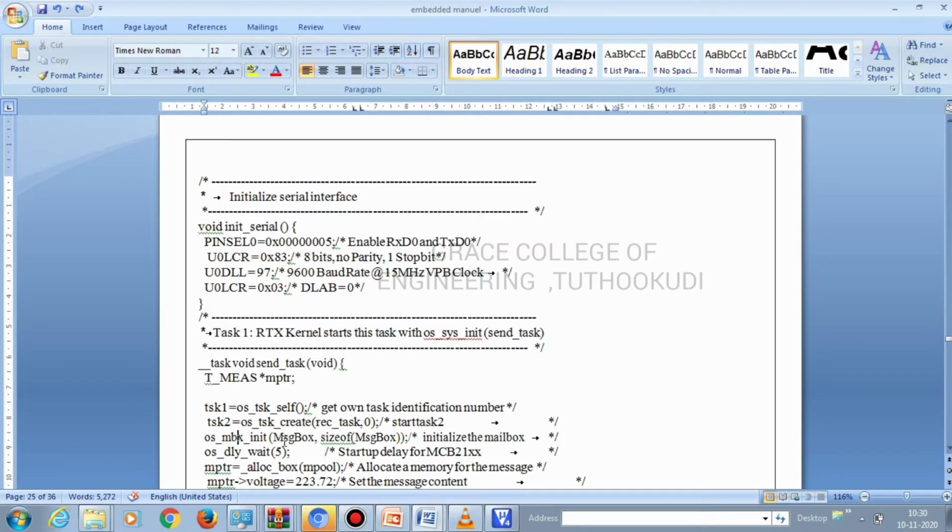and allocate the memory. First of all, mptr is equal to alloc_box of mpool, which will allocate the memory for the message.